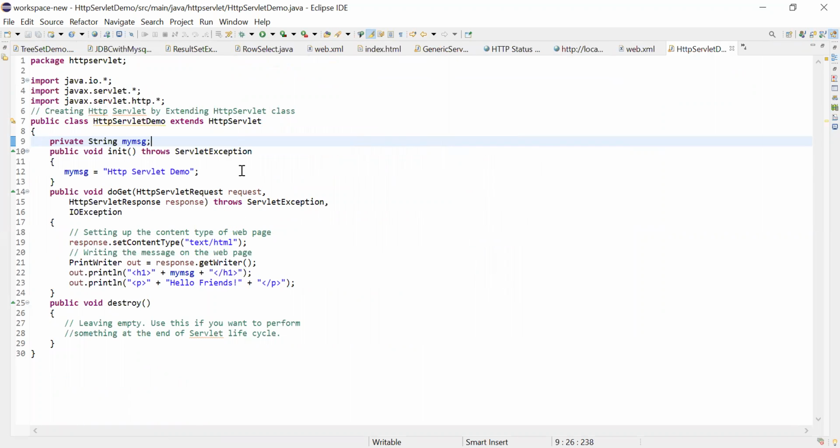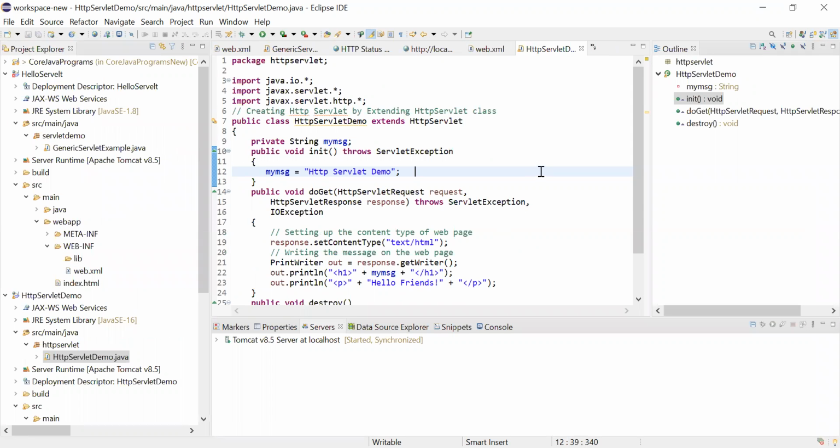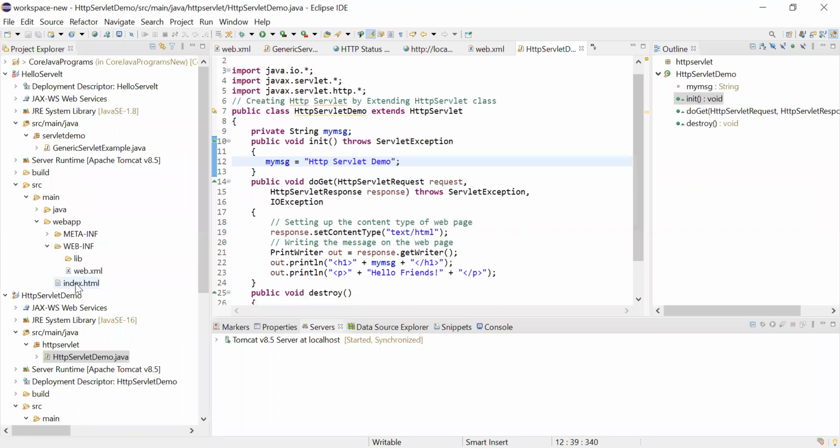So this is HTTP related stuff, right? The class is ready. Now we can use the same index file here. We used index HTML in the earlier servlet class. Why is it required?